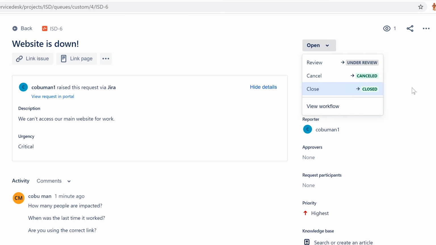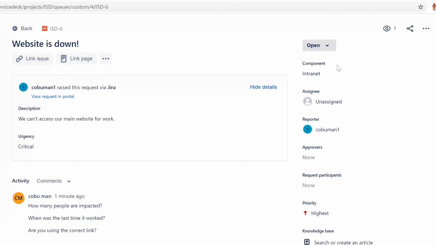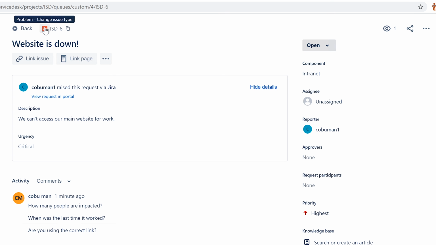Now this is going to depend on the type of work environment that you're working at. You can see that now we have an option just to close it, but that's only if it's resolved, and then there's cancel, and then there's under review. I'm not sure why it would be under review. That's kind of a weird option to have in a ticketing system, but I guess it could be related to some kind of an access request for something, but the fact that it's just reported as a problem is kind